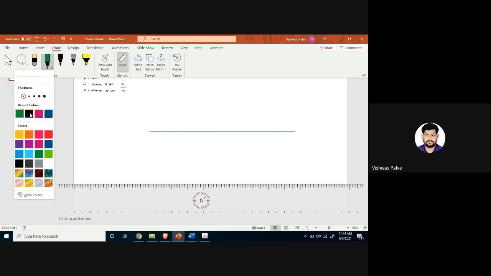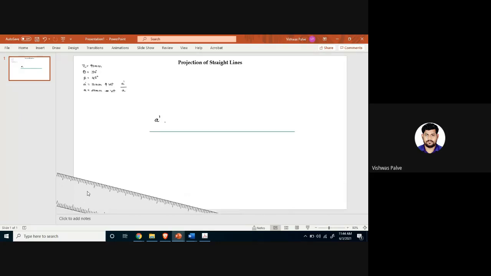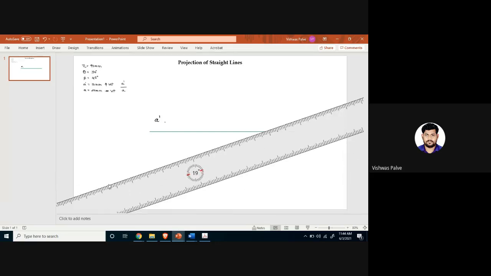We have to draw these as faint lines, and whichever thing I draw with black or blue will be drawn as a dark line. All other lines will be drawn as faint lines. Next we have to locate the point A and A dash. We know that A dash is 10 mm above the XY line and A is 20 mm below the XY line. So I will locate point A dash and, in the same vertical line, point A. Take care that A and A dash are in the same vertical line.